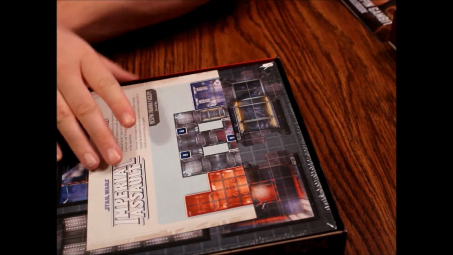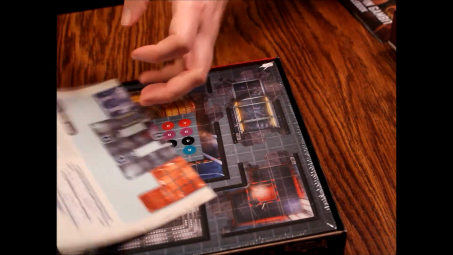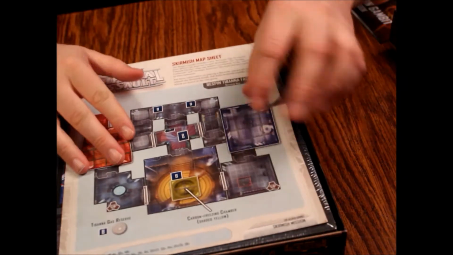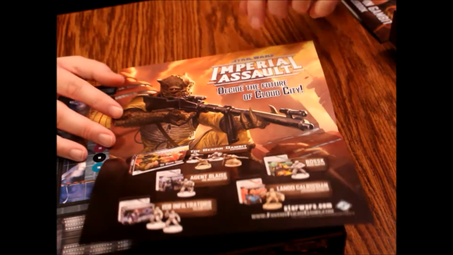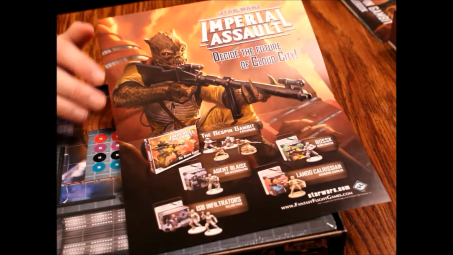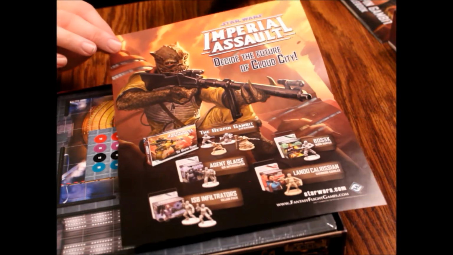Then we've got a skirmish sheet. Gotta be careful not to accidentally rip it. That's a pretty decent sized map, so it looks pretty cool. On the back is just an advertisement. Tells you everybody that's got kind of tie-ins with this too, like Agent Blaze and ISB infiltrators, Lando and Bossk,